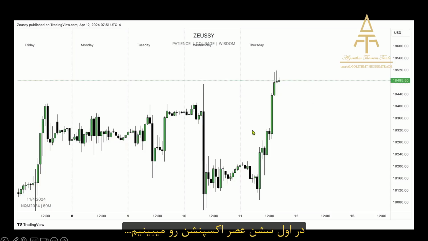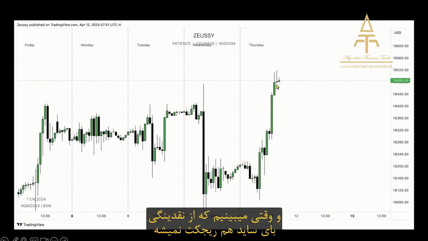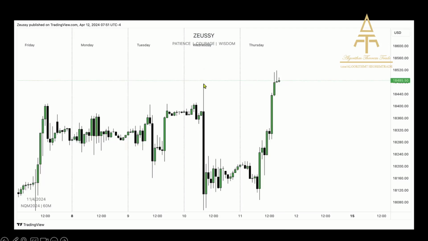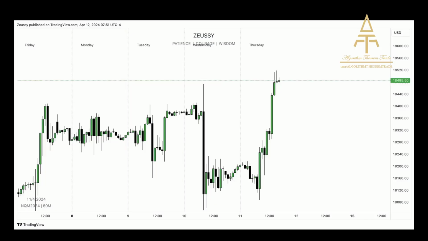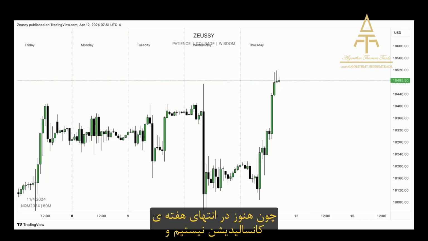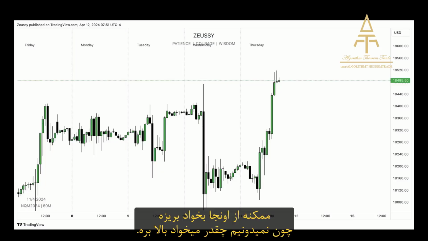During the beginning of the PM session, we can see that the market expanded higher aggressively. When this is the case, and we see that the market is not rejecting of a buy side liquidity target after reaching above it, we already know that it's likely going to chop around and not deliver in a clean sense. Why? Because it's not yet the end of the week, we're in a consolidation week, and therefore any particular short idea should be neglected, because we don't know how high it's going to reprice.